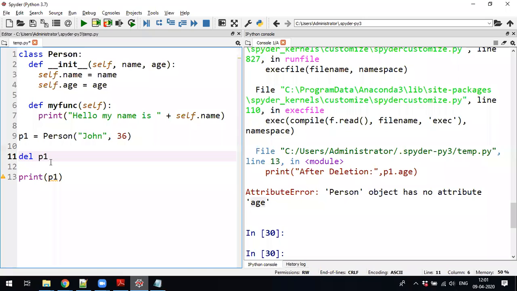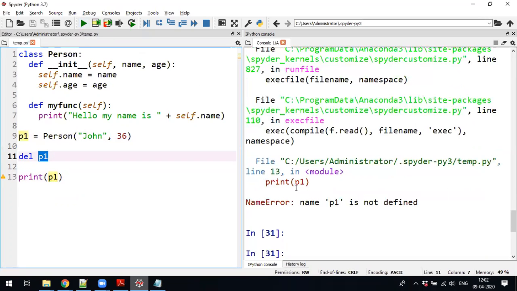And if I try to access the object, it is not able to get this object because you have already deleted. See, the name p1 is not defined. Since you have done the deletion, p1 is not defined.